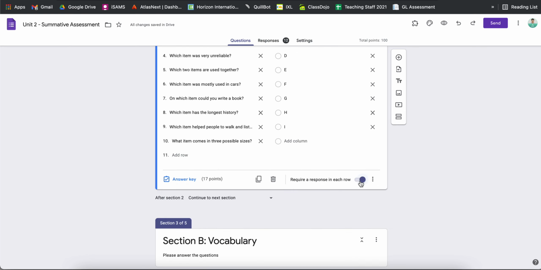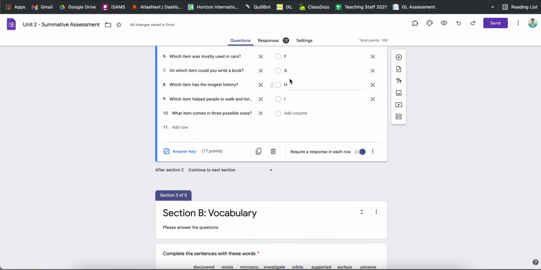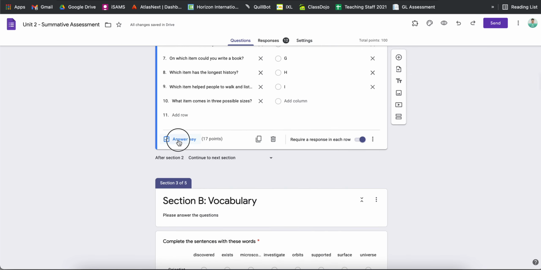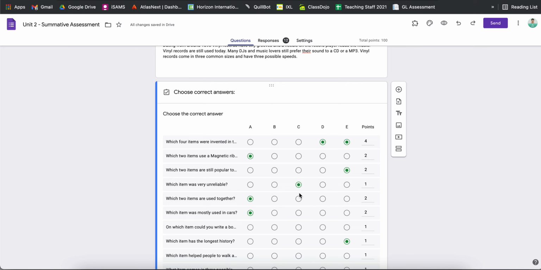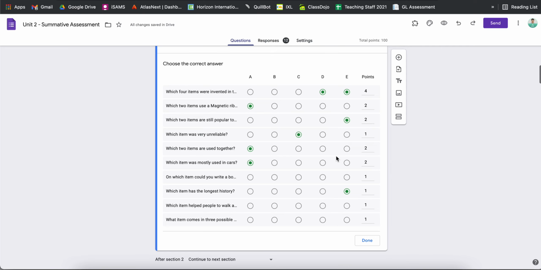Here we also ask our students to answer those questions, at least try, and we give the points. Once you are done with putting the question and the possible answers, you can change the order and so on, and write the answer key. This is the teacher's answer key. If the student selects any answer other than D and E, for instance, the answer will be counted as wrong. Here we can put the total points,